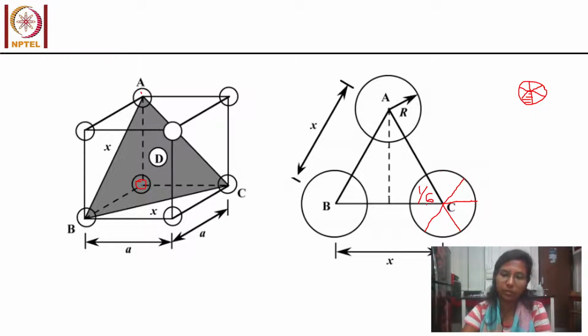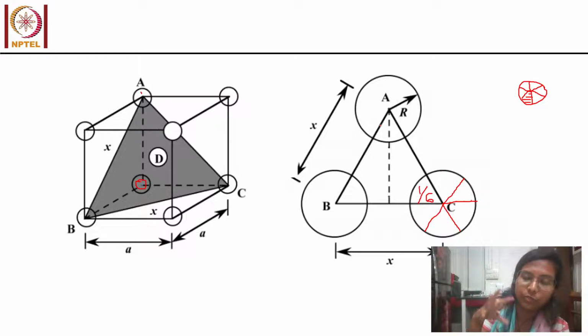So you get the idea. So now we will calculate the amount of the area which is occupied by the atoms in this triangle basically,